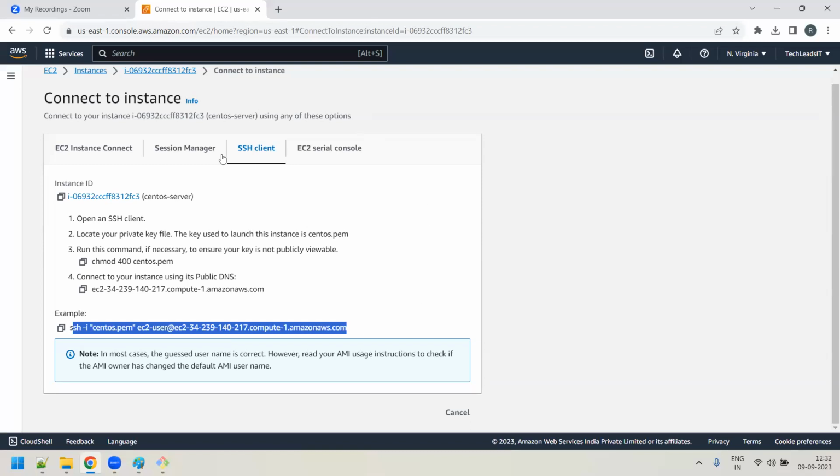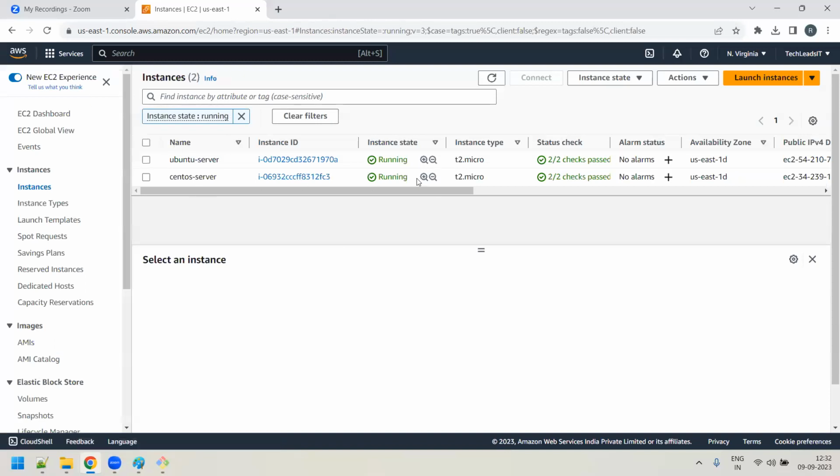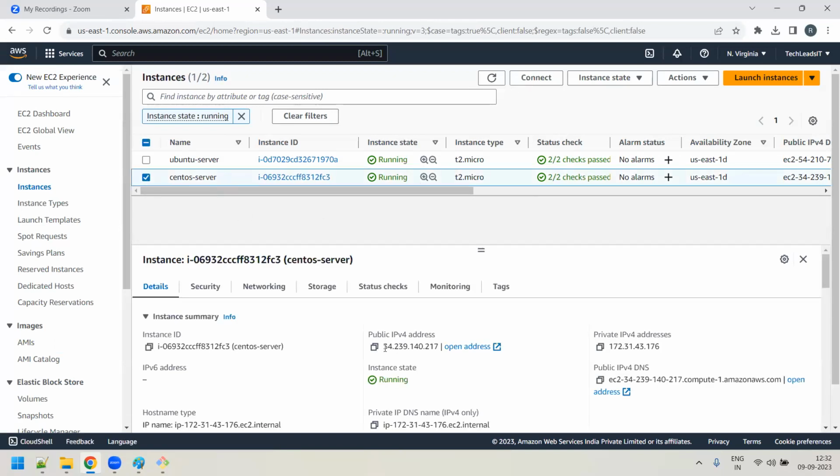Okay. So now when you come here, guys, every instance here has both a public IP and a private IP. If you click on the CentOS here, can you see it is showing the public IP over here? Public IPv4 address, public IPv4 DNS name. Similarly, we have a private IP. So whenever you are connecting to any external Unix machine or any external machine, you should always give either the public IP address or the public IPv4 DNS name. Any one you have to give to log into that server.